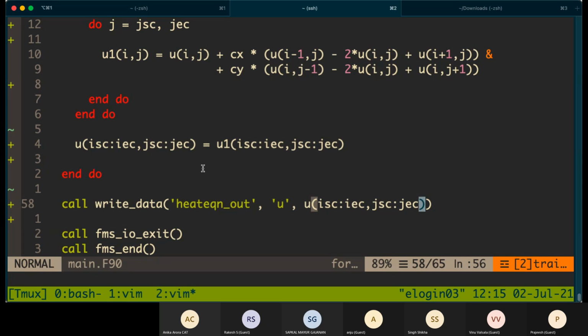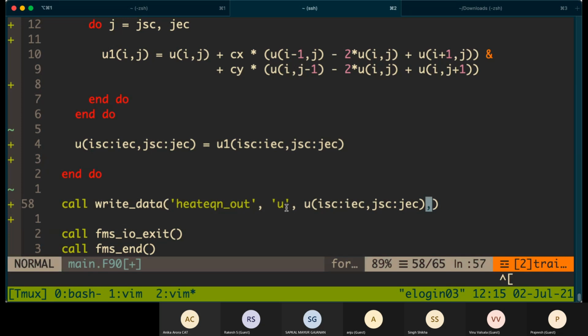So this writing will write in small chunks for each process.